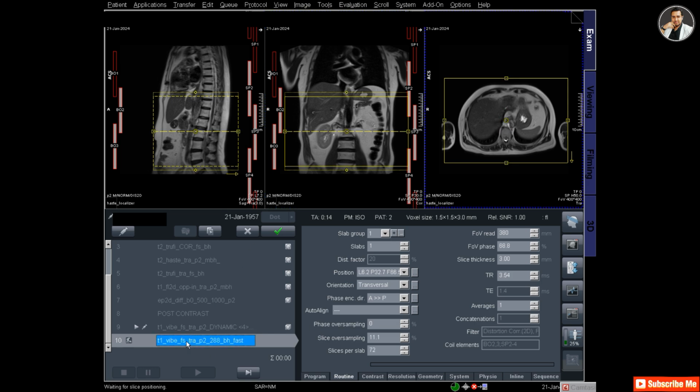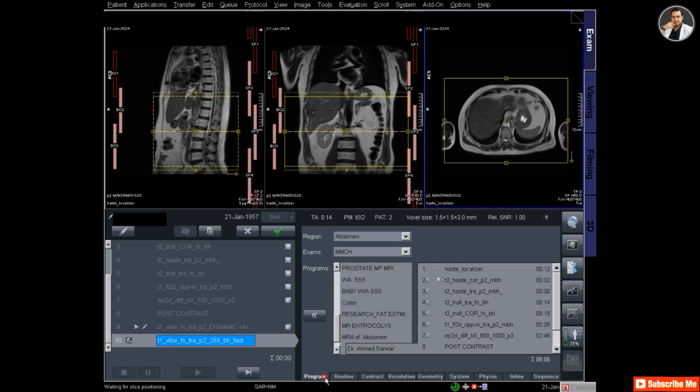And now another T1 Vibe headset transverse is open, and it will be a delayed phase because 5-minute delayed images are taken for liver to see any contrast washout in the lesion.